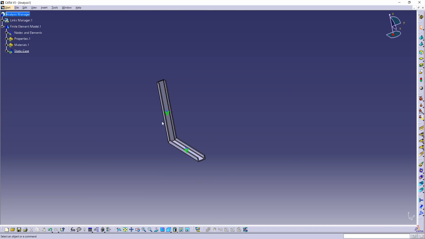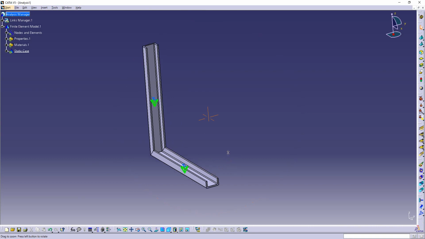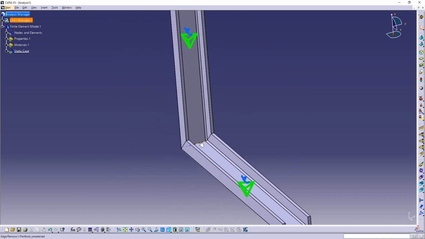In static analysis, we don't really need to draw all of the things and then send for analysis. We can simplify the model by having only, let's say, the holder, and then we define the loads. With that, it's already enough to see what the deformation of this holder could be in the post-processing. So in this case, I would start with defining the